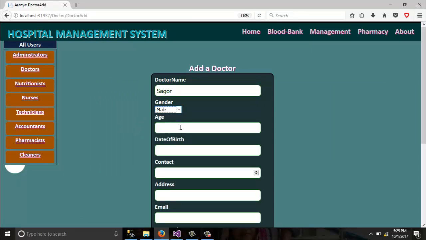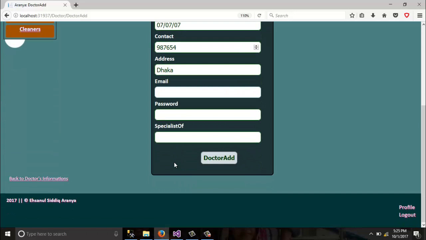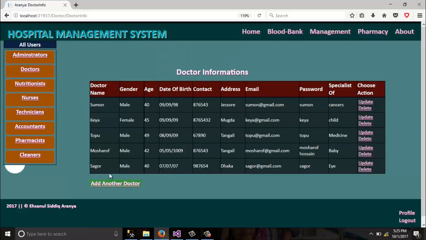The doctor is male, age is 40, date of birth something, contact something, address is Dhaka, and email is shagor@gmail.com, password is Shagor, and specialist of eye. So after the doctor is added, Dr. Shagor has been added to the list, and you can also update